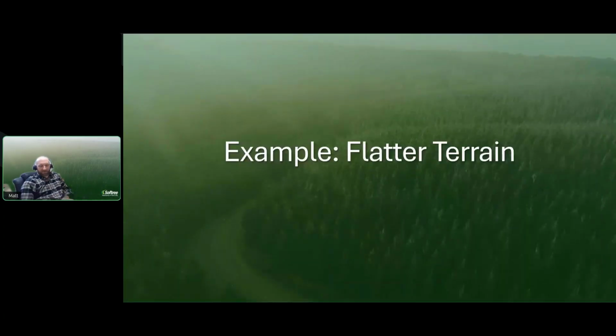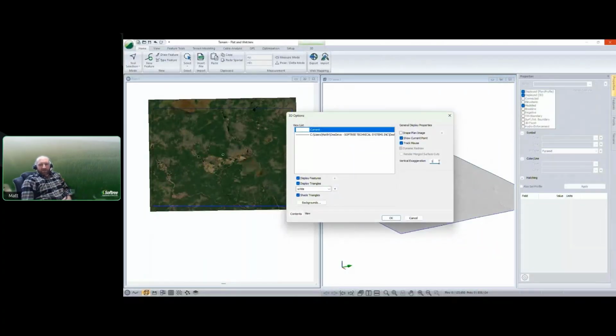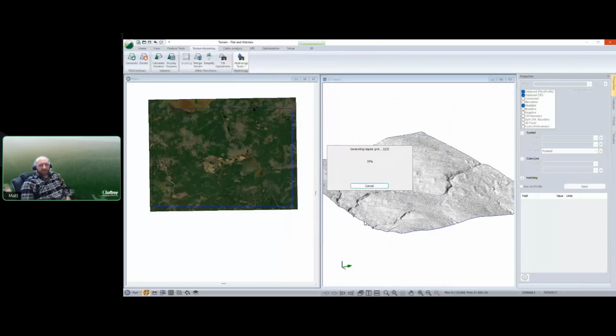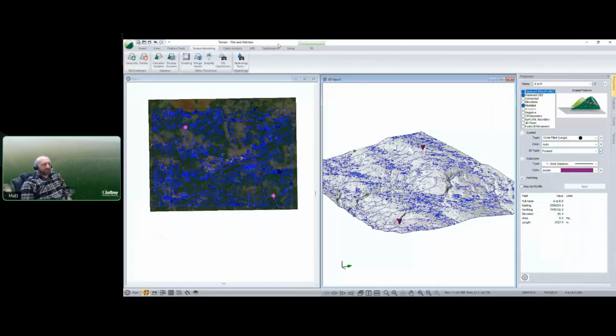So we are going to run through a few quick software examples here, just kind of highlighting some of the functionality for those various tools. And to start, we'll look at a flat example. So this is a flat wet example. Just from a visualization standpoint, being able to exaggerate that vertical in the 3D to see where the little bit of relief you have is beneficial. And we can use the hydrology tools to, well, map where streams likely are. But for these flatter sites, identifying the ponding areas is just as valuable too.